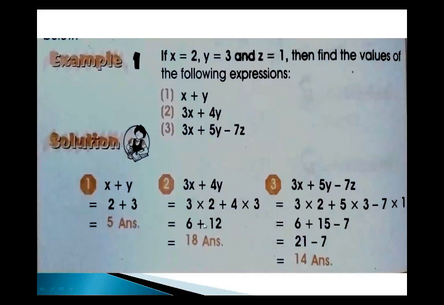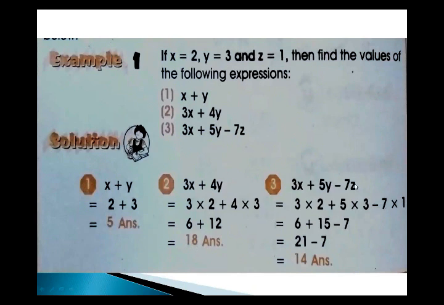Then you write the sign of addition as it is. Then you multiply 4 into 3. 4 3s are 12. Good. After solving the multiplication operation, you move toward the other operation, which is the addition operation. Then you just add both of these numbers. So the simplified answer, or the value of 3x plus 4y, is 18. Okay, hope you all understand.